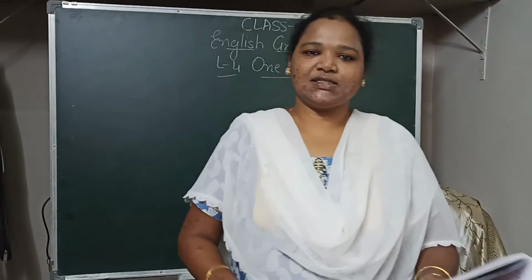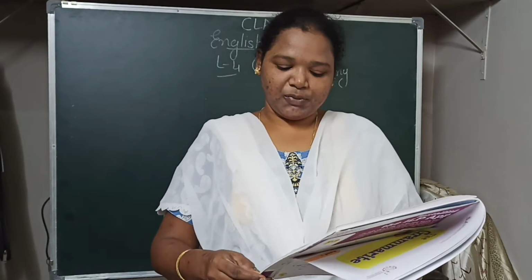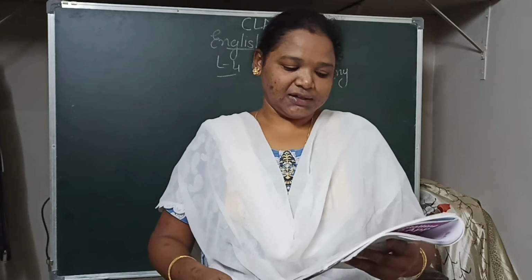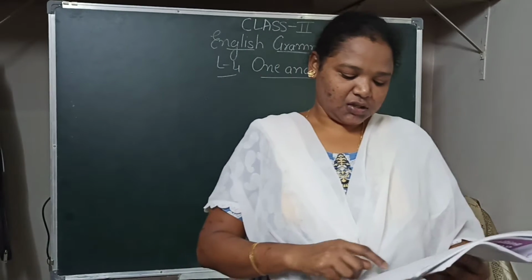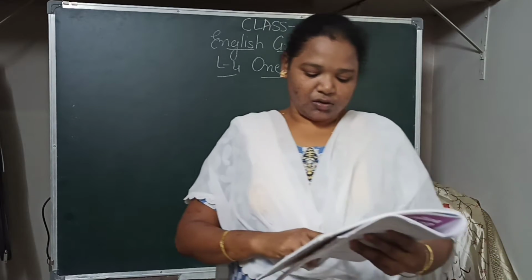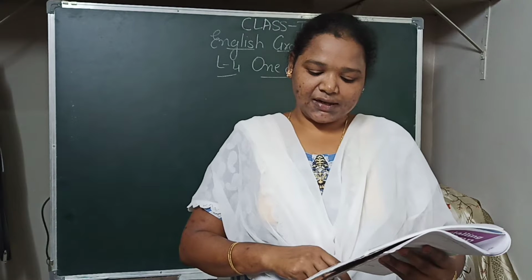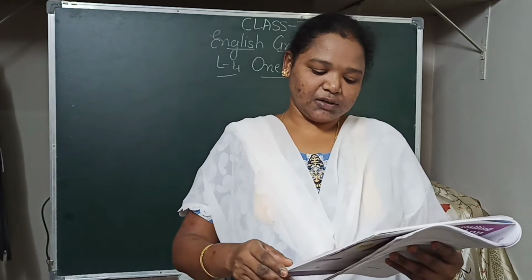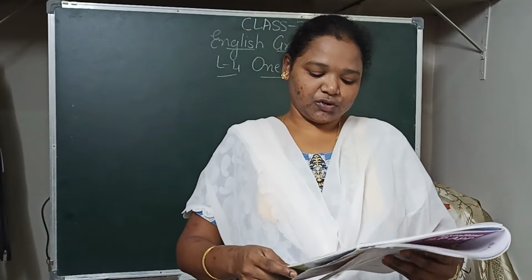So today, second class children, I'll teach the remaining part of the fourth lesson in English grammar. Open page number 17. So we had completed exercise G in the last class. Okay. So on the same page, now exercise A. Look around your classroom, choose any 5 nouns and write them in the singular and plural numbers to complete these sentences. One has been done for you.